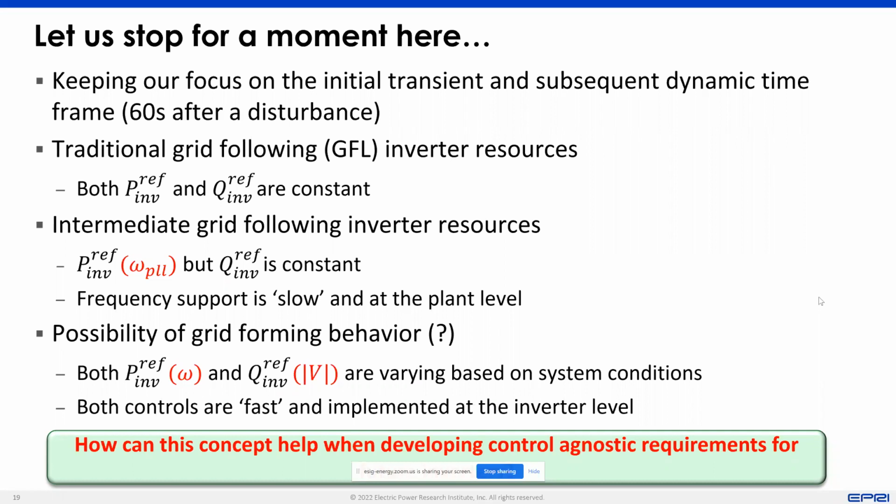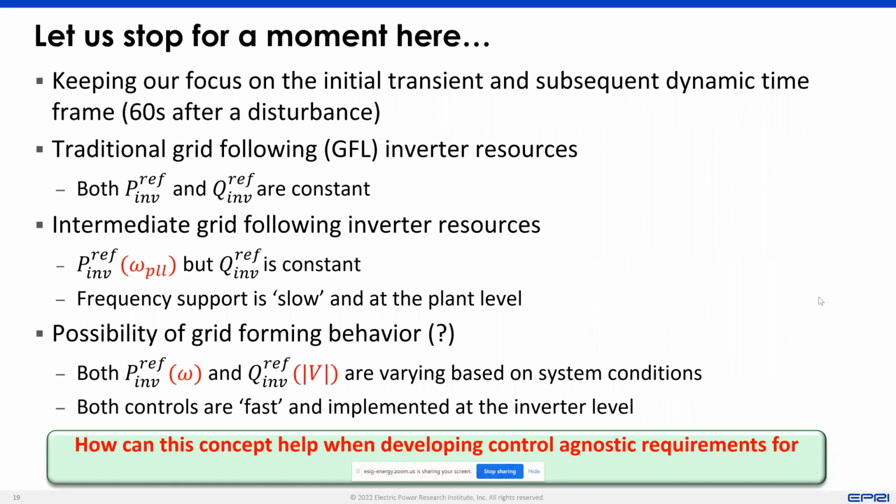So if we now take the basis that we've had so far, and we keep our focus on the initial transient and subtransient time frame, and I know transient and subtransient doesn't occupy 60 seconds, but let's say 60 seconds after a disturbance, then the way we can think of classifying, at least from a services point of view, without looking at it from a control point of view, is that at the inverter level,